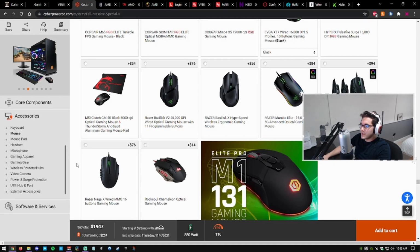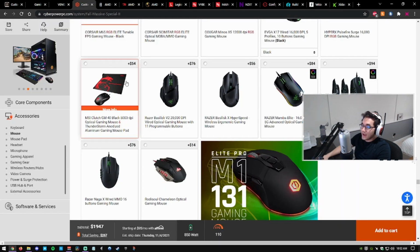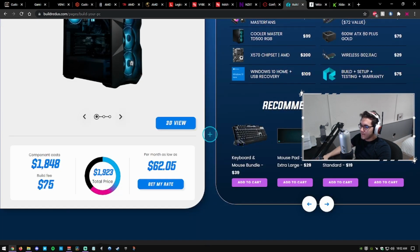But I'll give the edge to CyberPower just because they've been around a little bit longer than Redux. So in that category, I'll go CyberPower. But again, big note, if you're looking into CyberPower or Redux, go ahead and look at Ironside in addition to that. And then best website, I'm actually going to go with Redux, which is maybe not what everyone would have thought,